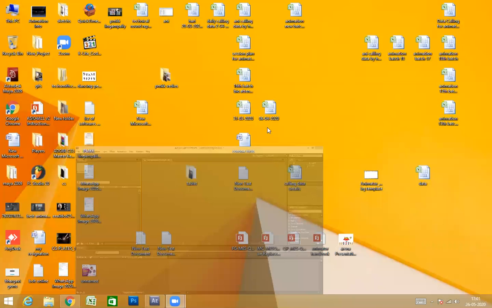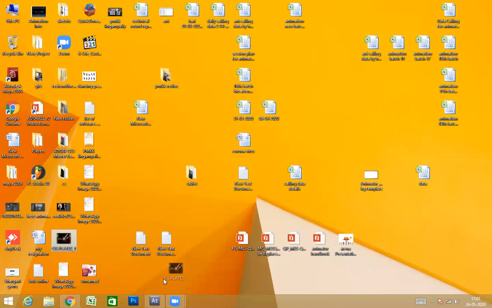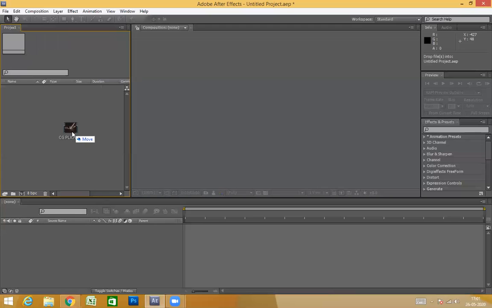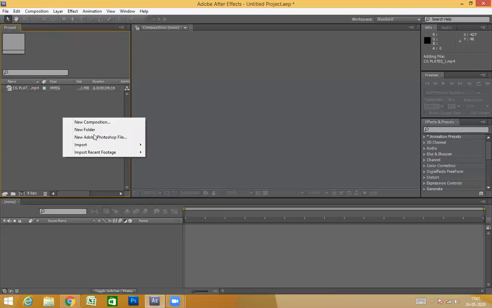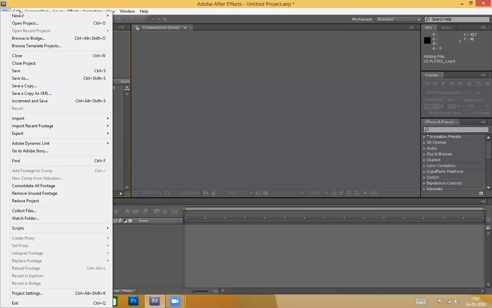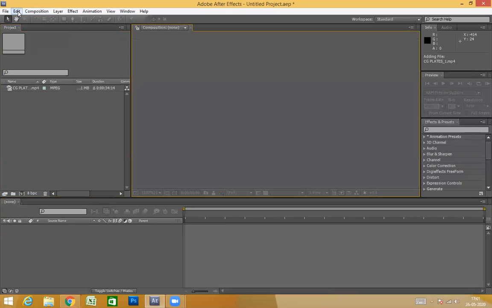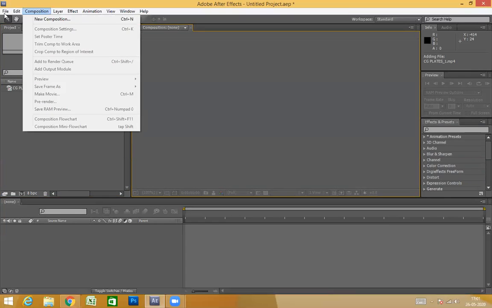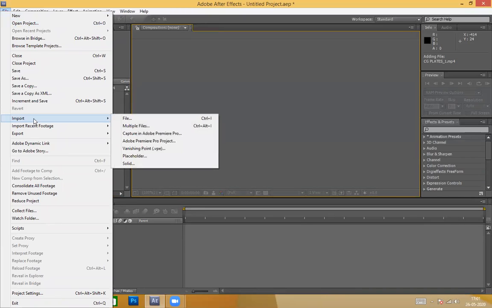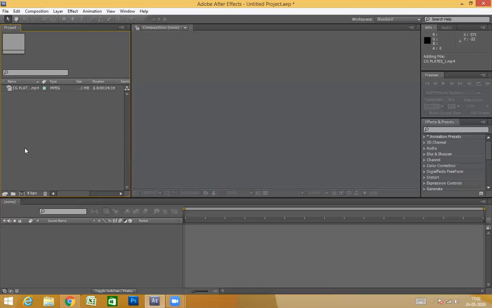There is one more way, simply drag and drop. So this is another way to import the footage. The one way is right click and import the footage, the other way is drag and drop, and the third way is going into the file and importing from the file. So this is how you can import the footage. All right, next,